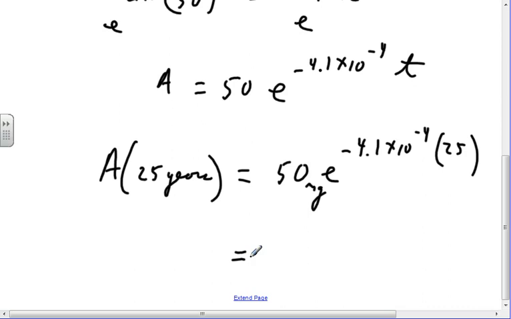Okay, going to be pretty close to 50 milligrams, I would imagine. Okay, so 50 times e to the minus 4.1 E minus 4 times 25, close parentheses, equals 49.5